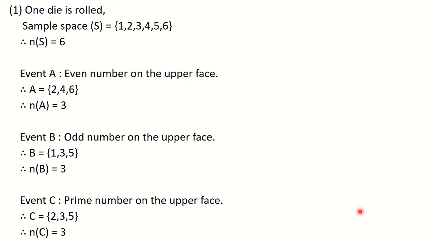It is very simple. Probability is the simplest chapter, very easy to understand. Writing these events, writing this sentence is compulsory. Don't forget to write this. You have to write the event, the given condition, and then the set form, and then the number of sample points in the event.